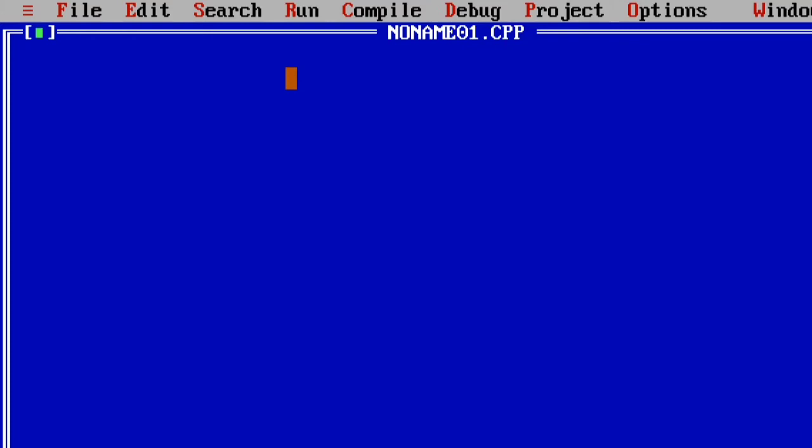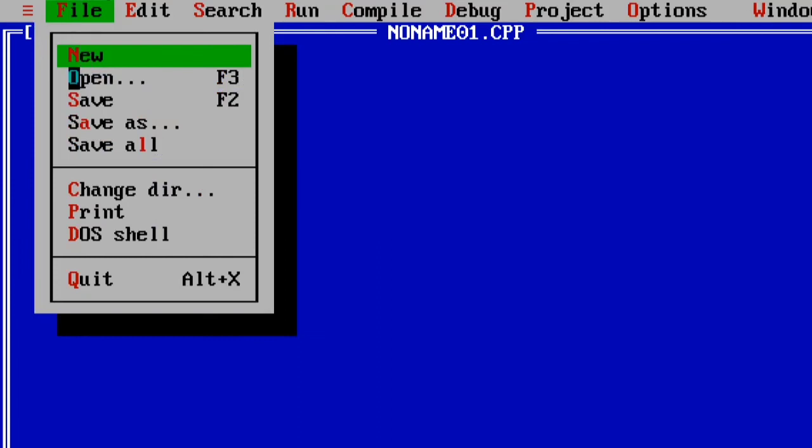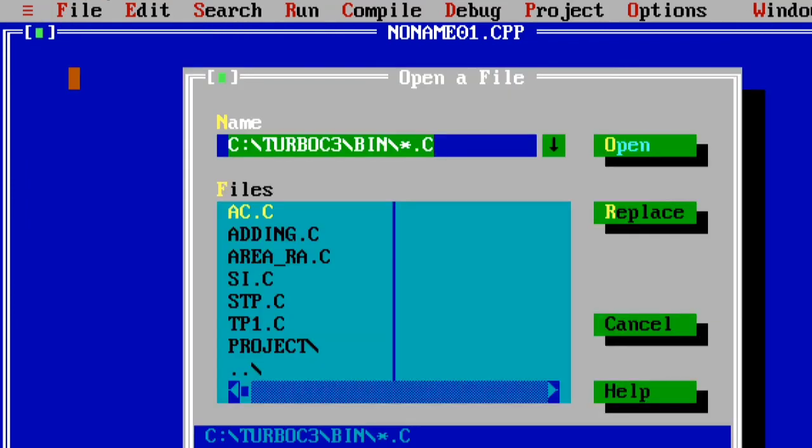Now if you want to open an already saved C program, go to the File menu and click Open. What will happen here? Some files with the extension .c, that means C files, are displayed on your monitor.